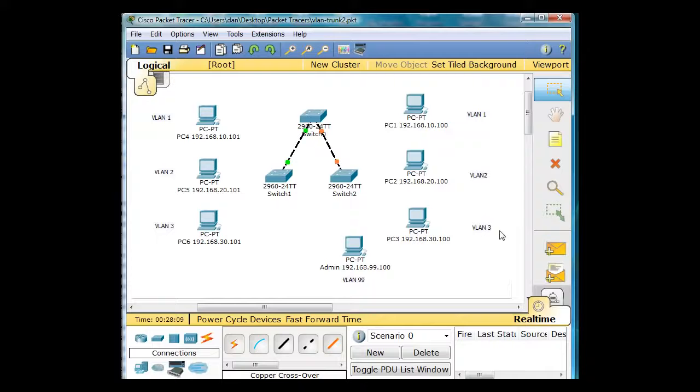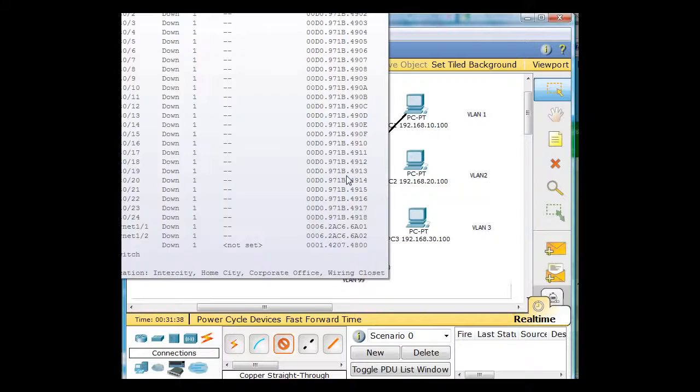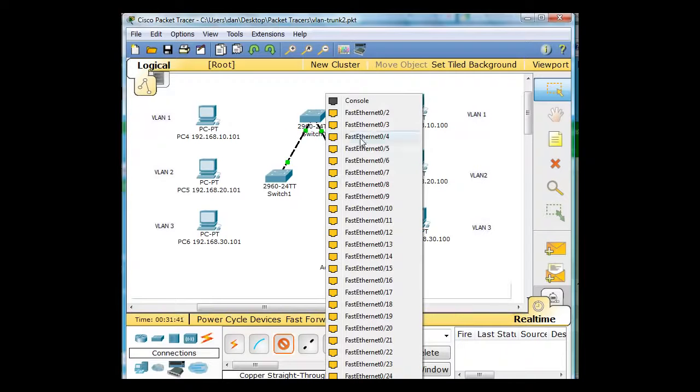Now we need to connect these PCs to different ports on the switches also. The next thing we need to do is put these PCs on ports on our switch, attaching them with straight through Ethernet cables. So what we're going to do is click down here on our straight through cable, right? I'm in the cables area. So click on the straight through cable, attach it to this PC, Fast Ethernet, and then drag it over, click on this switch right here, and I'm going to put this one on port